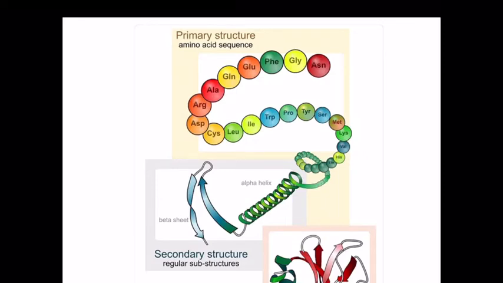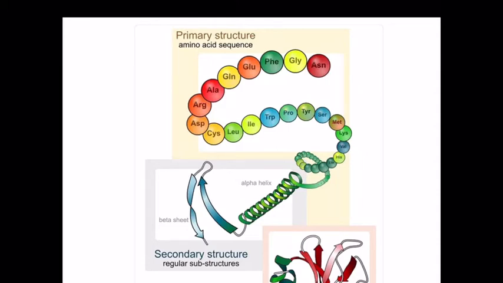Those are just two different shapes that amino acids can take, based on how the amino acids in sequence are attracting or repelling each other, so how they're interacting based on what those side groups are. So we start to get this secondary structure. We get these twists, and this is one of the things that Linus Pauling discovered, like how many amino acids are in a sequence for each turn of an alpha helix, for instance.